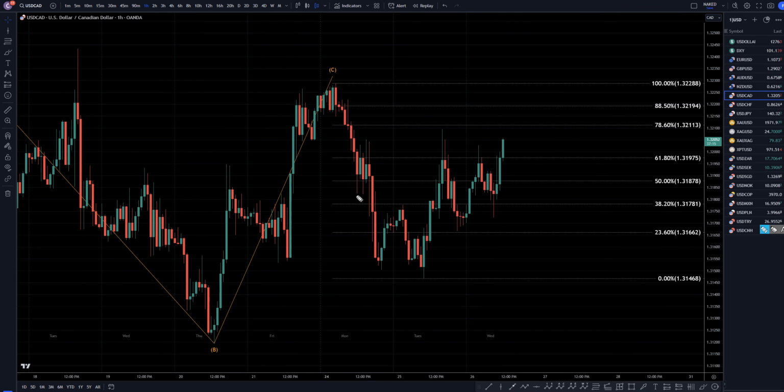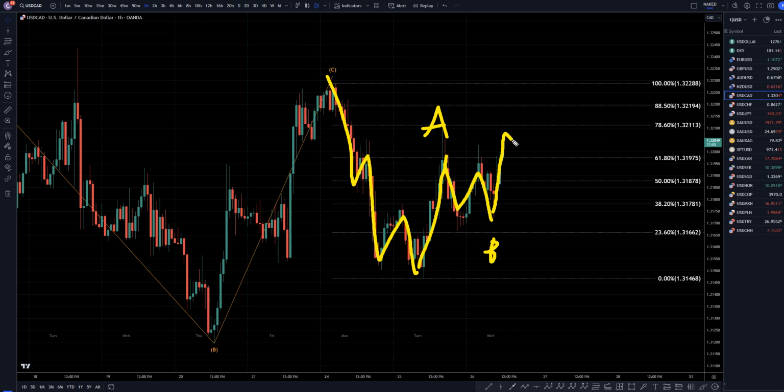Taking it down to the 1 hour time frame, I'm looking at this move up as possibly being a correction to this move down, like a wave A here, and this is probably like a wave B. It looks like we're in a wave C right now, and it possibly could go up and make a new high, especially if the dollar does make a spike reversal like I'm expecting it could. But I wouldn't be surprised if it did respect one of these Fibonacci levels and then the news comes out and it just ends up continuing the downtrend.